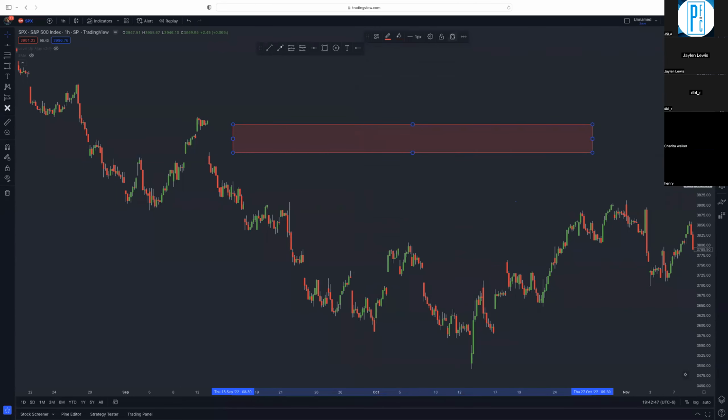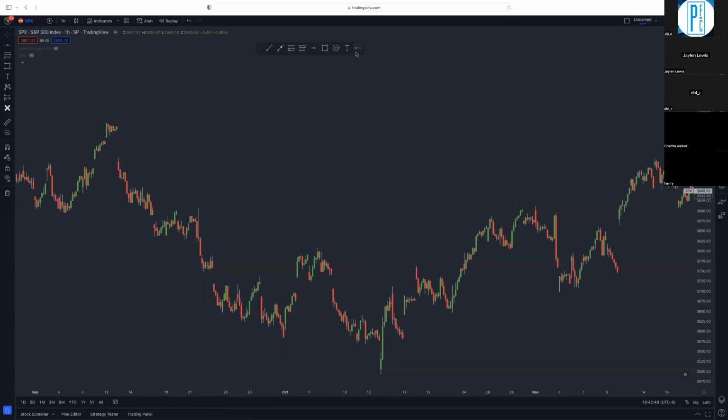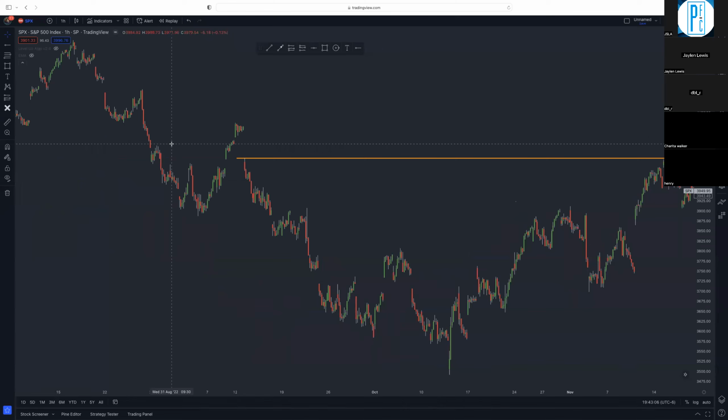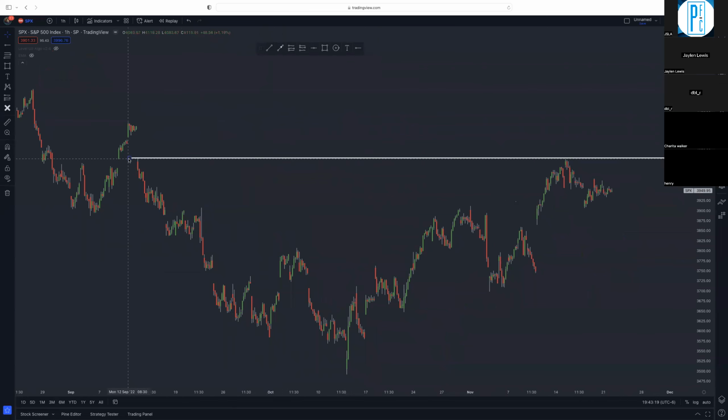Now that we have that, I like to plot that level. I don't use it as a regular level. What I do is I use this horizontal ray tool on TradingView. You can make it a regular line if you want to, but I just make it a horizontal ray tool and I plot the gap level. The reason I'm going to show y'all this is because look how this gap was respected later on down the road. So let's go here. I'm going to make it white just because. White for this purpose. You see how we plotted this gap level, and price, literally weeks later,